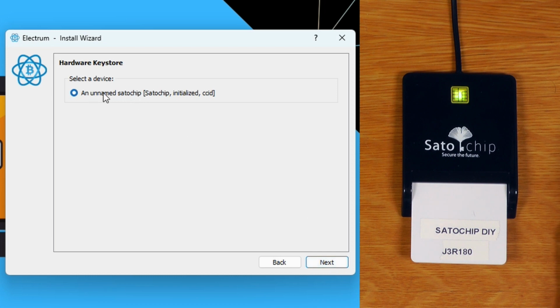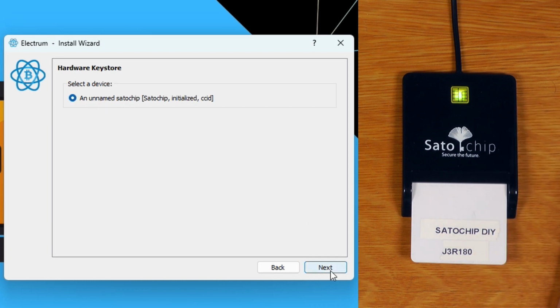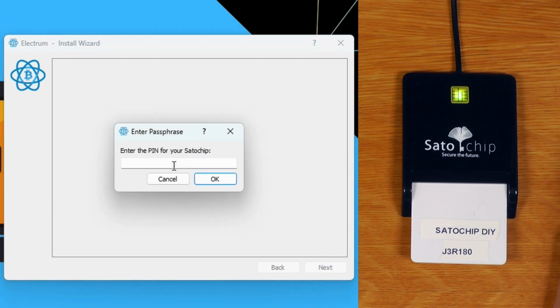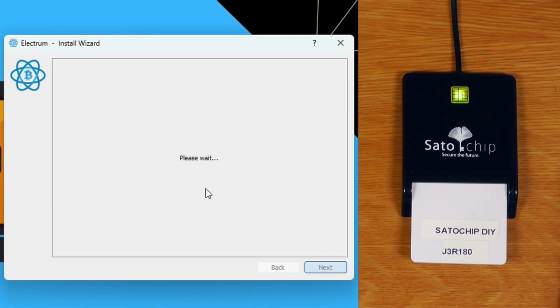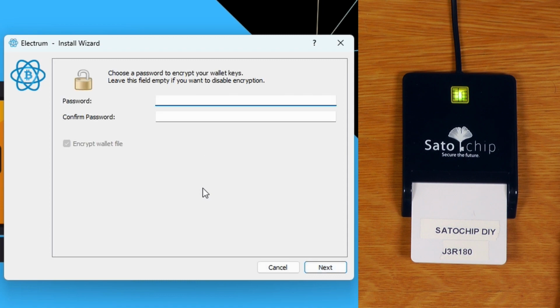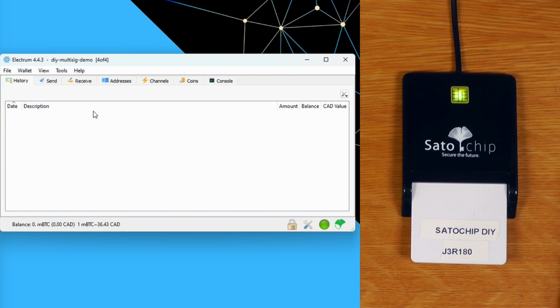And there we can see the Satochip there. This one's already initialized, so we'll just say next. And then we'll just put in unlock the Satochip. We'll just leave the script type and derivation path alone, say next. And I'm not going to worry about encrypting this wallet file. So now we actually have our completed wallet in Electrum, and what we just need to do is finish setting